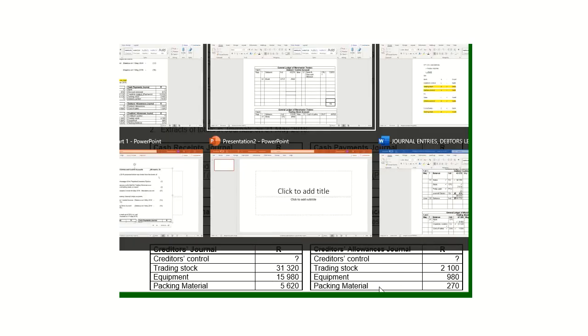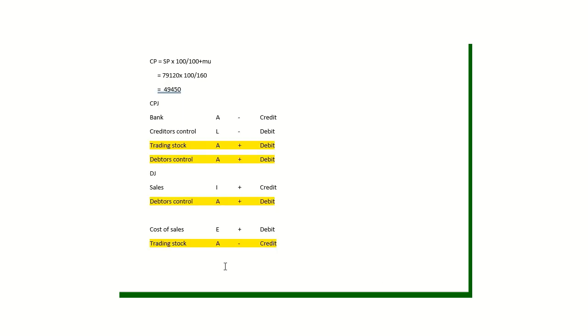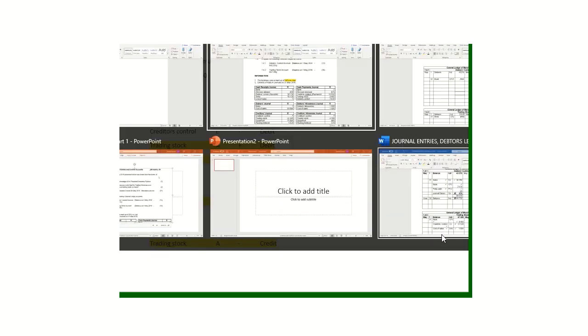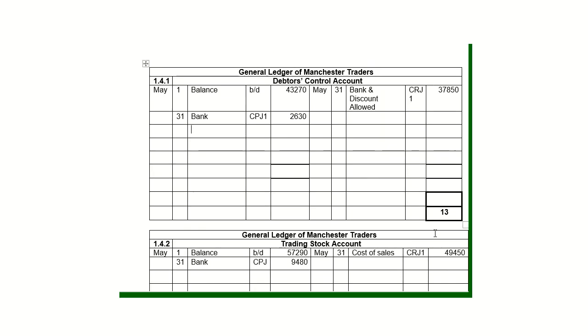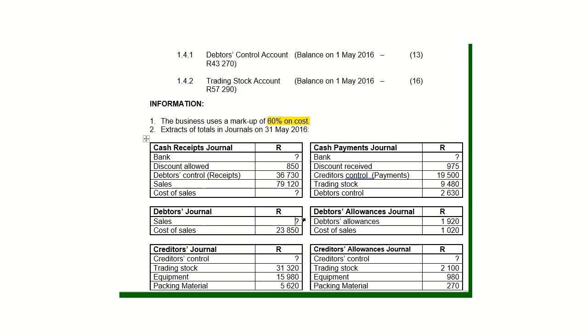The opposite account, I'm debiting debtors control. Where's the credit? In sales. So the opposite account, sales. So I'll put in sales. Now I'm getting it from a DJ. And the amount on the DJ, again, now I haven't got the figure, but I know that grade 9